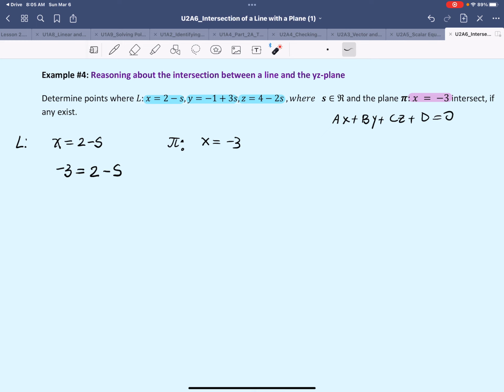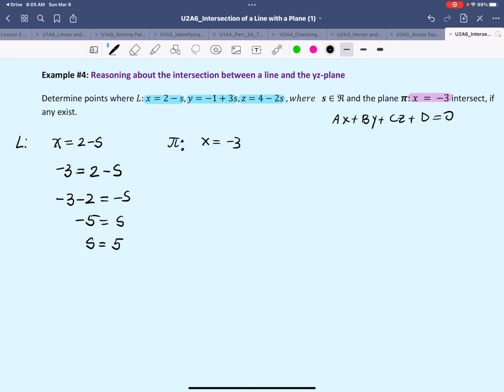then we'll have negative 3 equals 2 minus s. So remember that at any point on this plane, the x value will be negative 3, and that's why we want to substitute this x value into the parametric equation. So that means we have negative 3 minus 2 equals negative s, which makes the value of s equal to